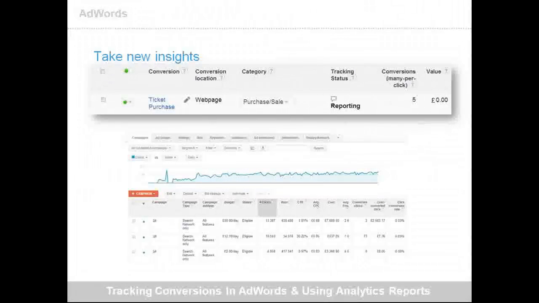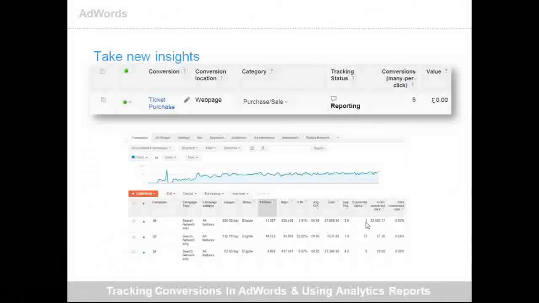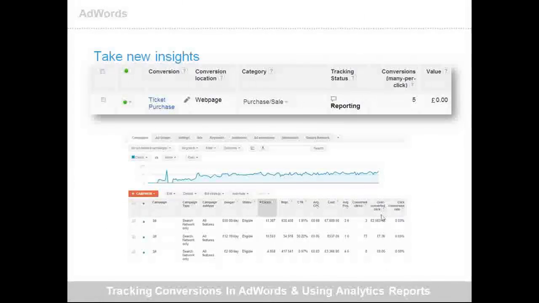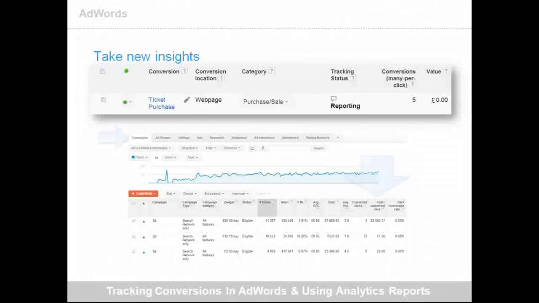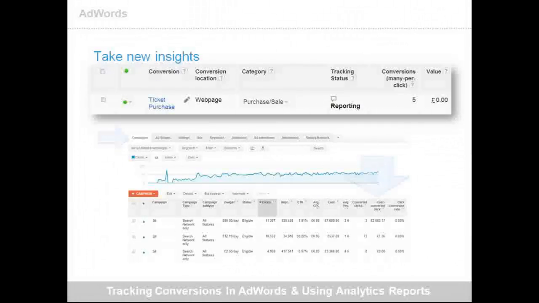Once you have conversion tracking activated within your account, you will basically see these extra categories populate at the end. At the end of average position, on the right hand side, you can see converted click, cost per converted click, and click conversion rate. These are activated only when your conversion tracking code has been installed, and it shows data only when it's correctly installed and triggering every time a conversion is recorded.